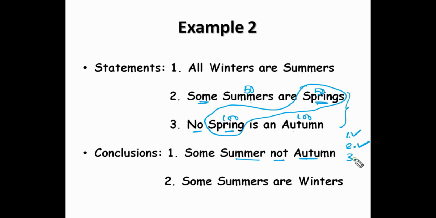Now coming to step 3, income and expenditure. How much do we want as expenditure? Some means 50, no means 100. We need 50 rupees as expenditure for summer and 100 as expenditure for autumn. So how much income does summer have? 50 income. Can you spend 50? Yes. How much income does autumn have? 100 income. Can you spend 100? Yes. So it clears step 3 also. That's why it follows. Second conclusion.